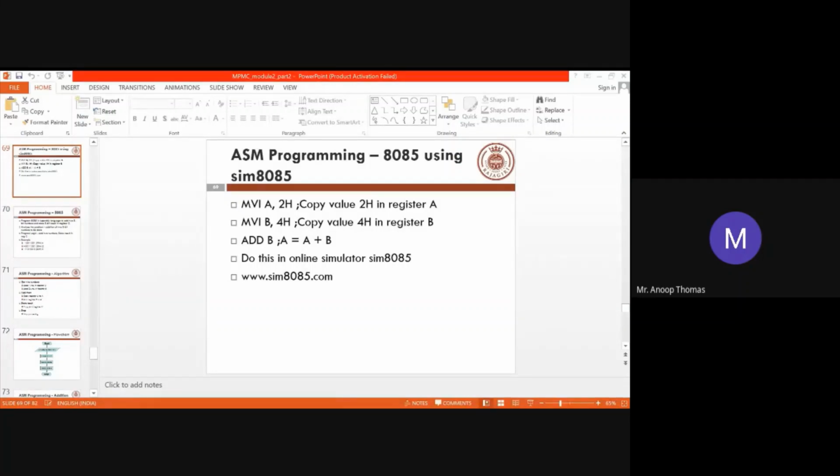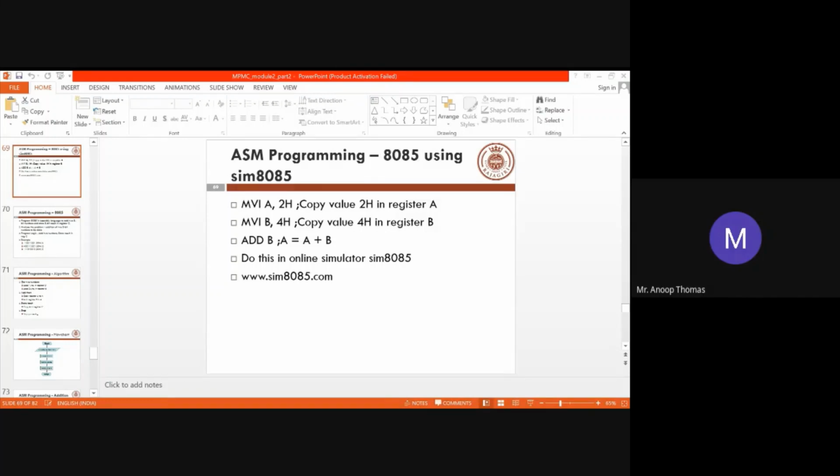This is a simulator where you will be able to understand things. Any doubts, you can ask. I have already explained 2-3 times how this simulator looks. Once you give the corresponding instructions in the main.asm, you should be able to see the effects of it in registers, flags, and memories. Just open this simulator and try out different instructions in it. See the assembler output, which is at the bottom, and see how these things work.